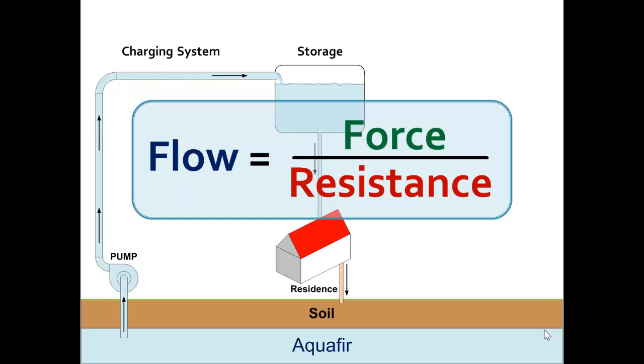And if we were to go so far as to quantify electricity, this would read: current flow equals voltage (force) divided by electrical resistance. So the greater the voltage, the greater the flow of electrons. The greater the resistance, the lower the flow of electrons. And if you want to relate that back to the earlier parts of this presentation,